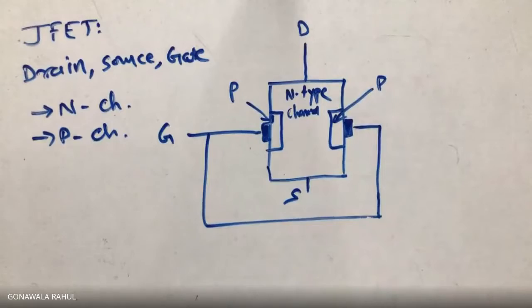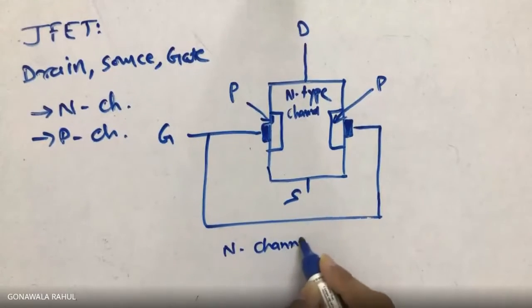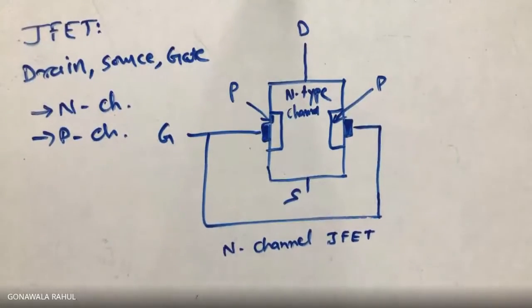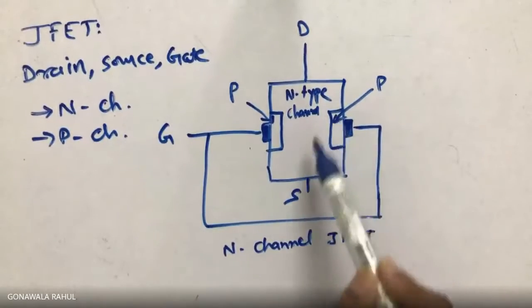Okay, here, first of all, this is an N channel JFET. So it consists of an N type semiconductor bar